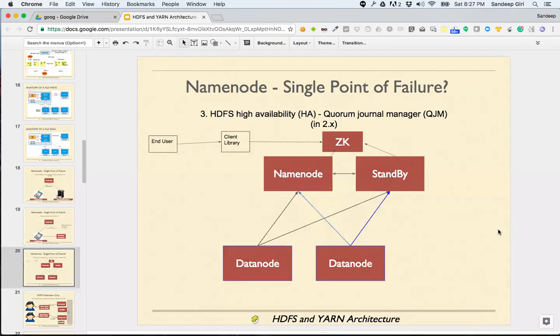Saptarish's question is, is there a latency in communication between the data node and the name node? Now the data node has to communicate to two sources. Yes, there is slight latency, it takes a little more time in all this communication, but the important part is that since the data node has to inform two different hosts, the load is actually parallelized and hence it becomes easier and faster.